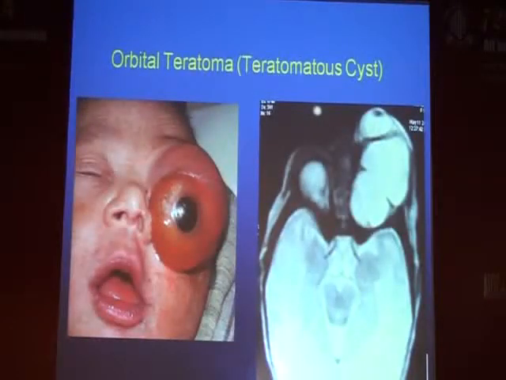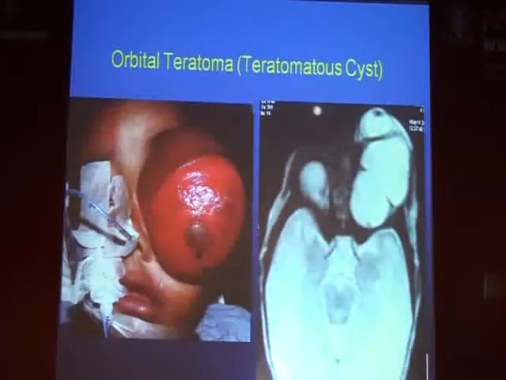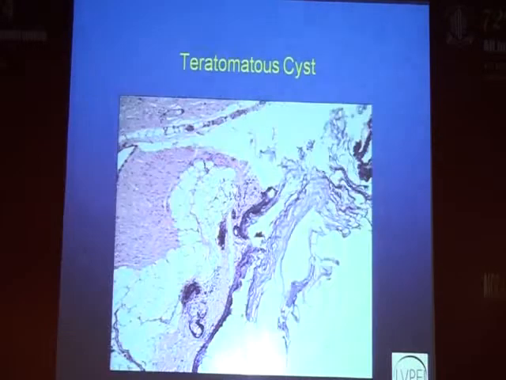Then the teratomatous cysts, these children present as early as 1 day of age, and they can grow very fast sometimes, and within a few weeks, like 2 to 3 weeks, this patient presented in follow-up like this. And this is the microscopy. So on microscopy examination, what we see is that there will be elements of all the 3 germ cell layers, that is ectoderm, endoderm, mesoderm.